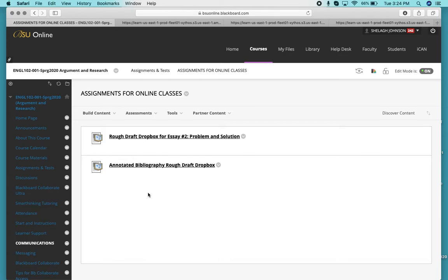Both of these are optional. I would suggest submitting both so that you can get my feedback, but this isn't a graded assignment, so if you submit it, you're going to get a 0, and that's not because you're not getting credit, it's because the feedback is solely for your benefit, so that you have it before you write your final draft,